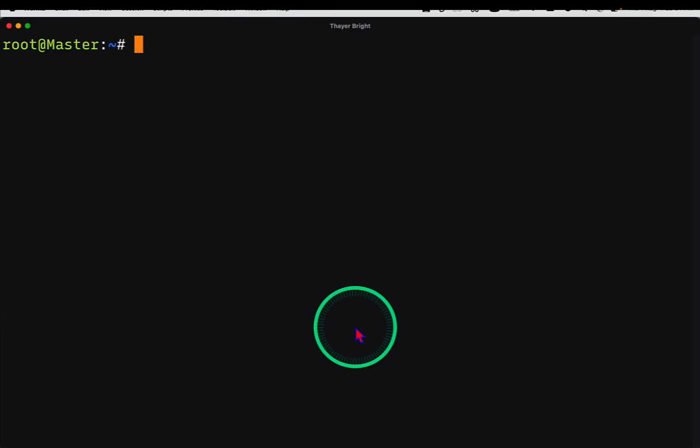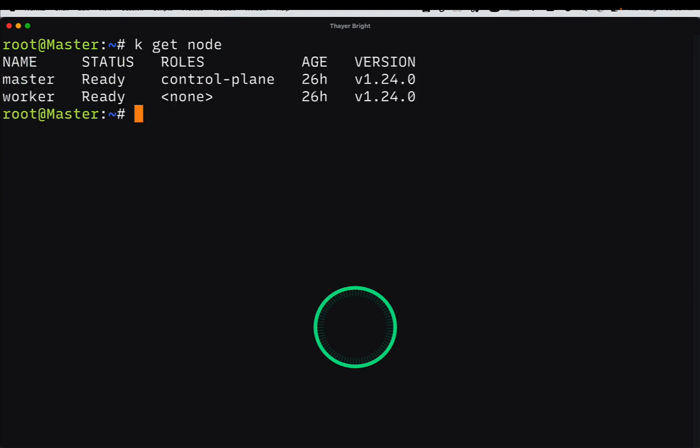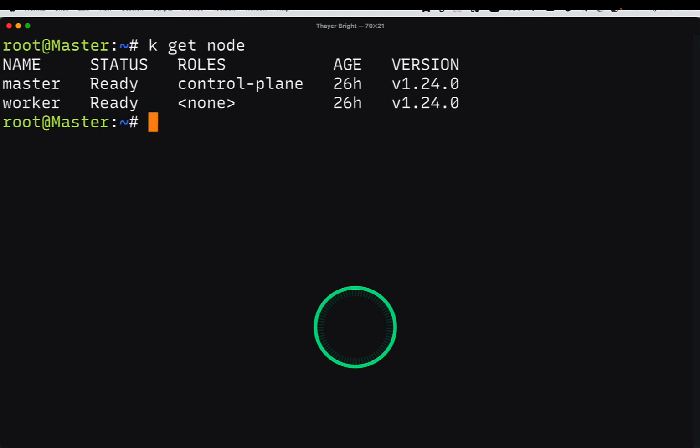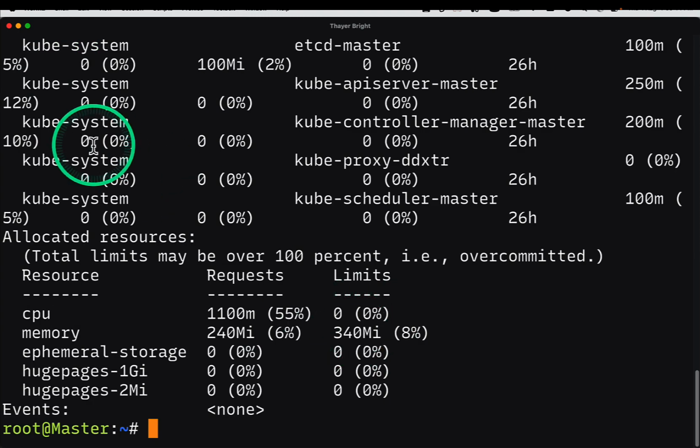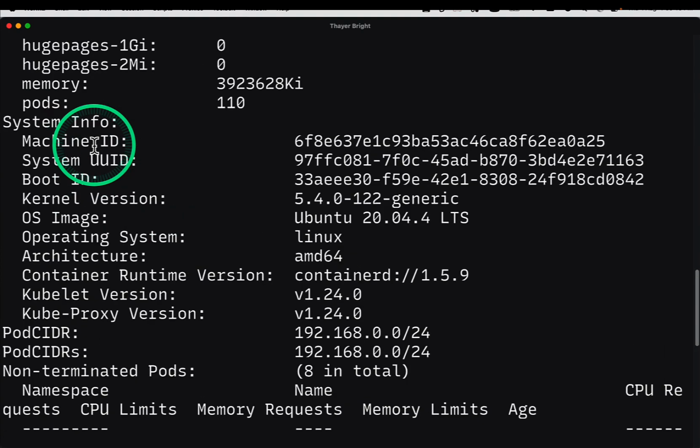So I have my terminal open here and I will be running the set of commands. First I'll show you the nodes. I'll just zoom in a little bit. Okay, so there are two nodes, a master and a worker, those are their names. And if you do a describe on the master node, I wanted to show you that by default the master node has these taints,